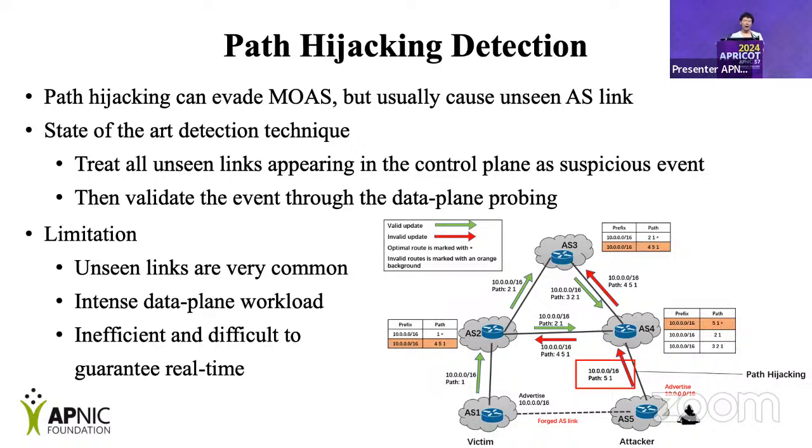There are also backup links and policy changes. All this will cause unseen links. And probing all these unseen links in the data plane will cause intense data plane workload, which makes the platform inefficient and difficult to guarantee real time.